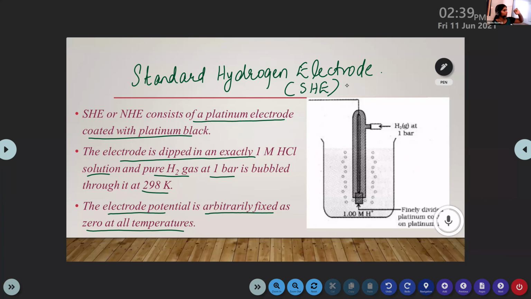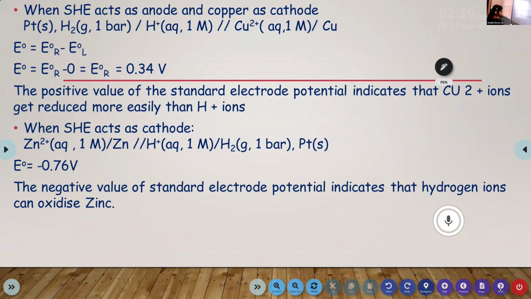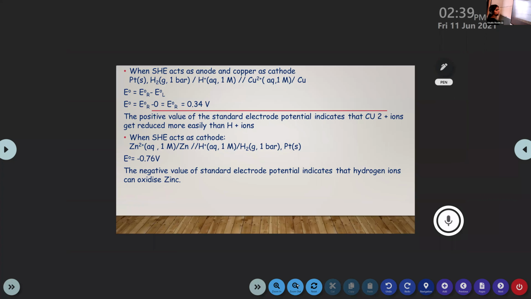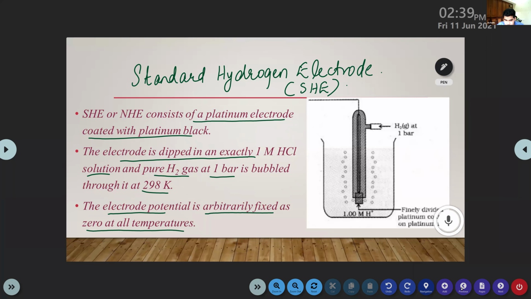Okay, so that's about this standard hydrogen electrode or normal hydrogen electrode. Is it finished? Just a minute, ma'am. Okay, then we are moving to the procedure of this one. Is the screen visible for you? Ma'am, yes. I did not complete last week. Oh, okay, sorry. Now you can complete.